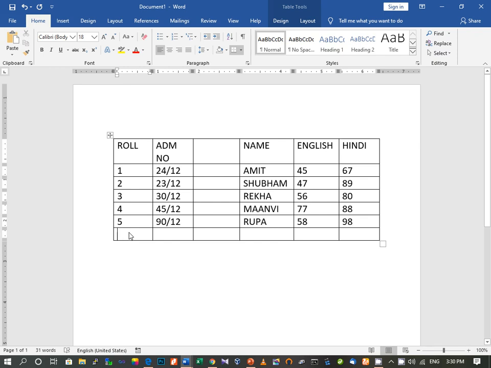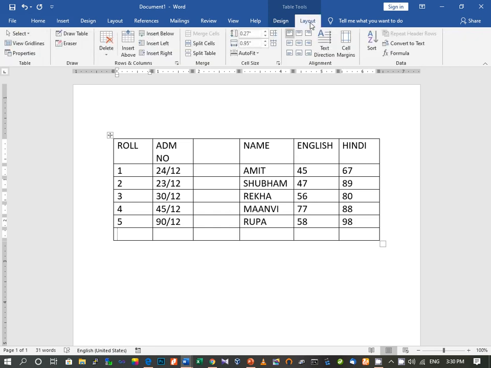One more method how we can do this is, we will select, here we have the layout tab. Here you can see on your menu bar, you can see one layout tab. From here you have all the options. So you can see here delete option is there, then you have insert options are there, then other topics which we'll study today itself, that is split cell, then split table, all these options are here. So from here also we can choose.